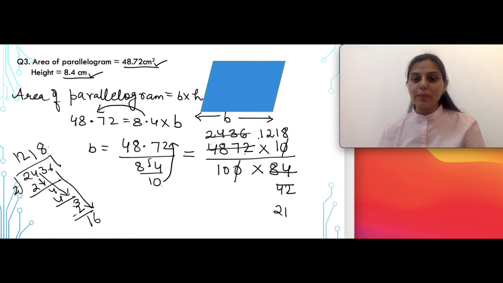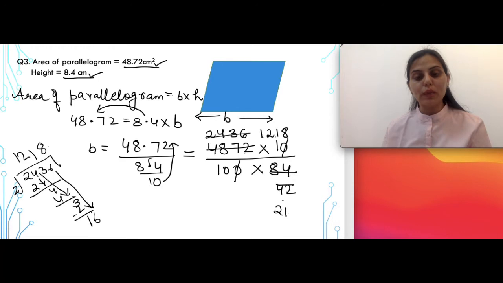So in the next step now we have 1218 and 21. Now if you remember the laws of addition or the laws of divisibility, then these terms can be cancelled with the table of 3. Let's check whether it is divisible by 3 or not. 2 plus 1 is 3. 8 plus 1 is 9, 9 plus 2 is 11, 11 plus 1 is 12. So 12 is also divisible by 3, hence both these terms can be cancelled with the table of 3. Let's cancel those. 3 7s are 21, and 3 406s are 1218.